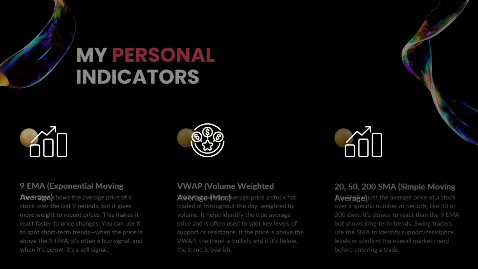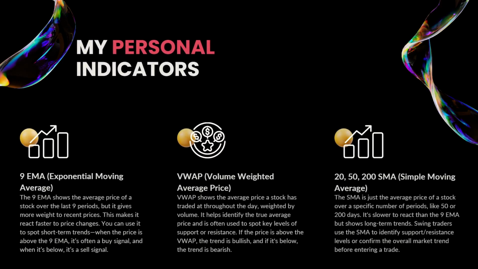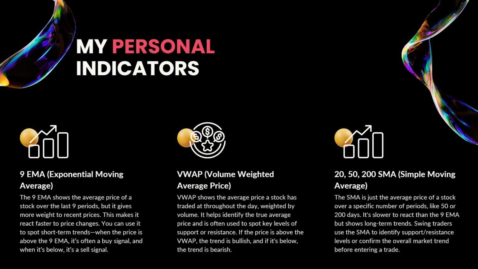My personal indicators are the 9 EMA, which is the 9 exponential moving average, VWAP, which is the volume weighted price average, and the 20, 50, 200 SMA, which is the simple moving average. The 9 EMA shows the average price of a stock over the last 9 periods, but it gives more weight to recent prices. This makes it react faster to price changes. You can use it to spot short-term trends. When the price is above the 9 EMA, it's often a buy signal, and when it's below, it's often a